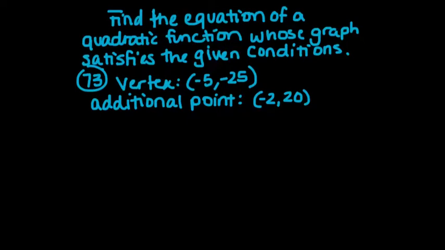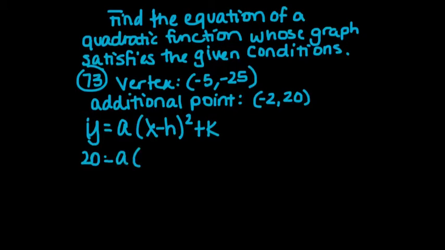The same idea here, we're given the vertex and we're given an additional point on the graph and we're asked to find the equation. We'll start with vertex form, which is y equals a times the quantity x minus h squared plus k. I can use the negative 5 and the negative 25 for the h and k, and I can use the negative 2 and the 20 for the x and the y. Plugging all that in will allow me to solve for a. So this gives me 20